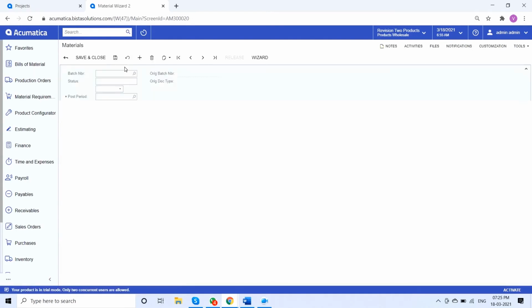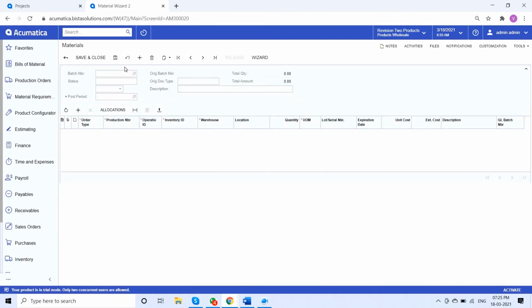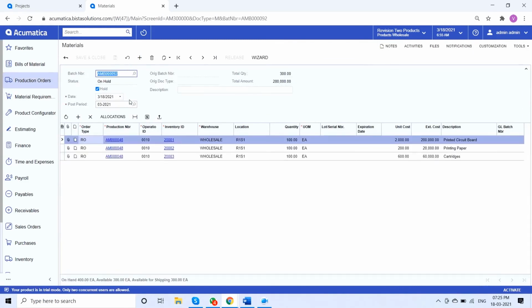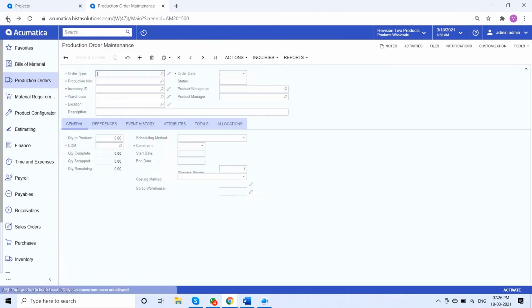So I'll select all. I'll simply unhold this one and will release the document. Now all my raw materials have gone into WIP.